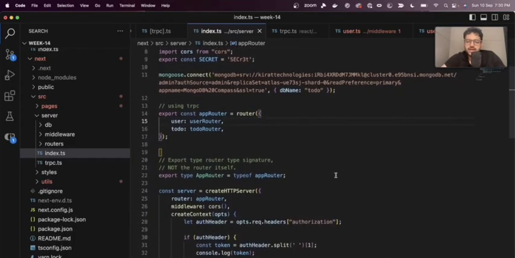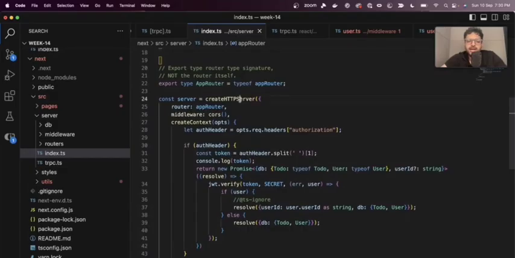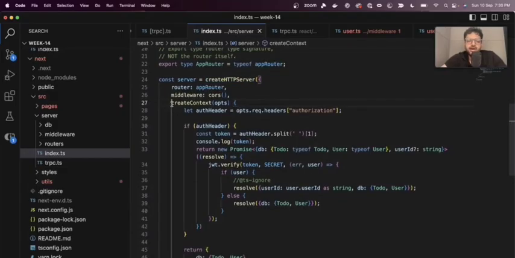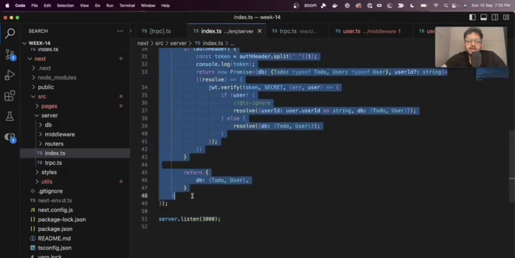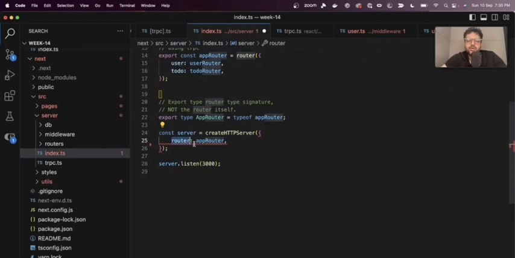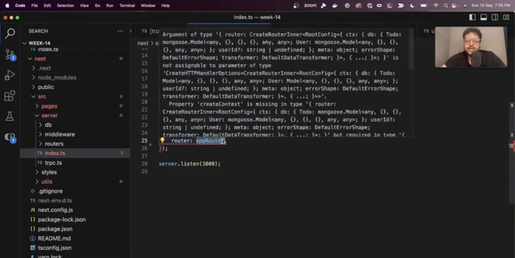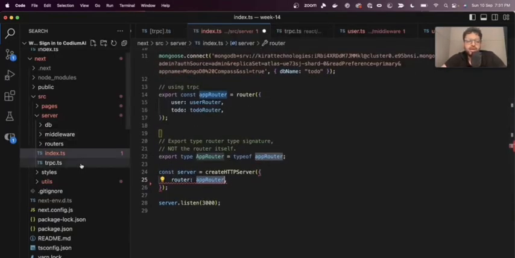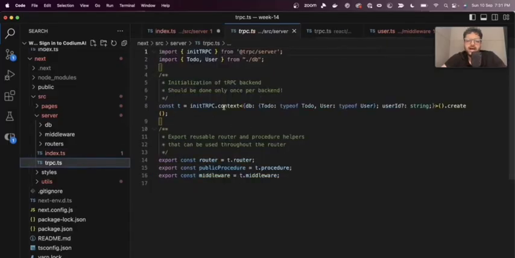All right. The next thing we did yesterday was simply create HTTP server. We did not have this very complicated create context that I have. We simply did this: create HTTP server, router, app router, and then we started our backend. This worked, but right now it is complaining. Why is it complaining? It is complaining because if you go to trpc.ts, I have said, init